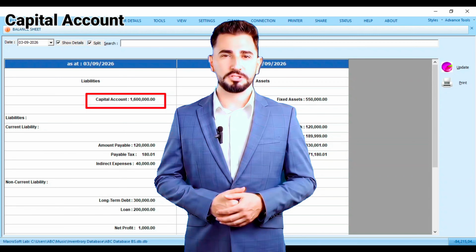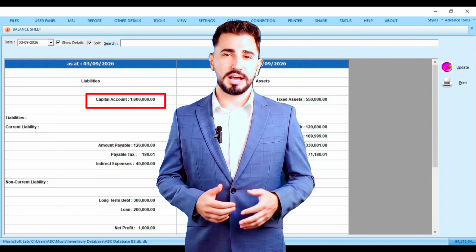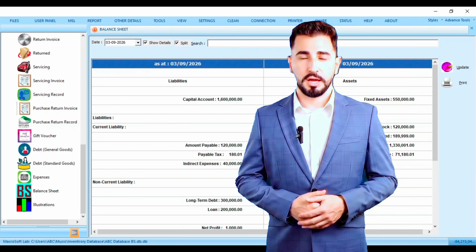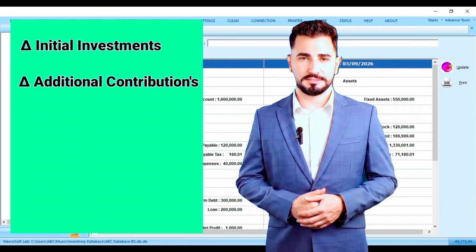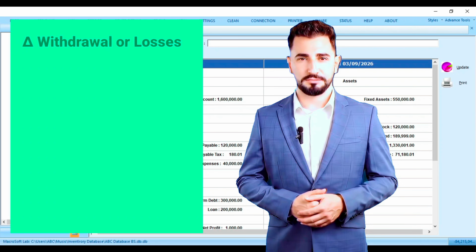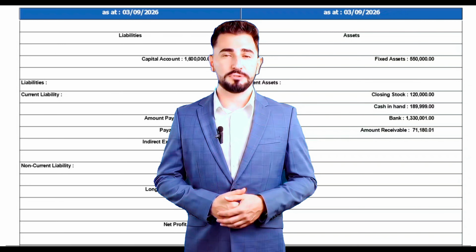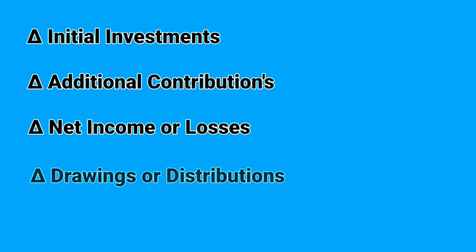A capital account on a balance sheet is an accounting record that tracks an owner's or shareholder's financial stake in a business. It represents the net worth and ownership equity of the entity, calculated by combining initial investments, additional contributions, and retained earnings, minus any withdrawals or losses. Changes in the capital account directly reflect the economic health and growth of a company. The main factors that adjust the account balance include initial investments, additional contributions, net income or losses, and drawings or